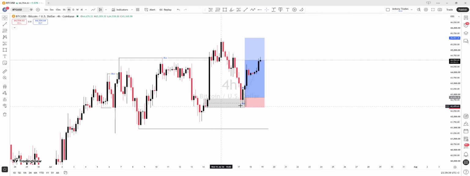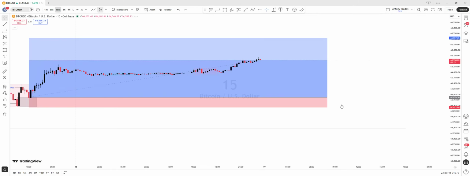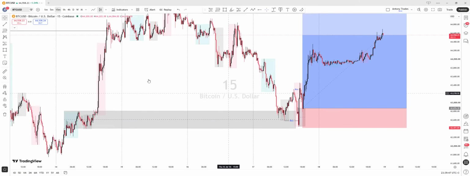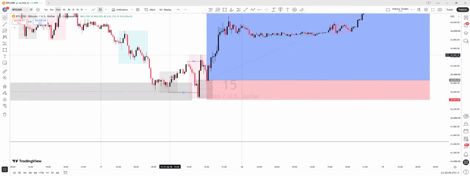becomes your order block, right? So since this is a 4-hour order block, what are we supposed to do? Once the market comes to that area, you are supposed to go to the 15 minutes time frame. All right. So from the 15 minutes time frame, we have the last break of structure, which is also very